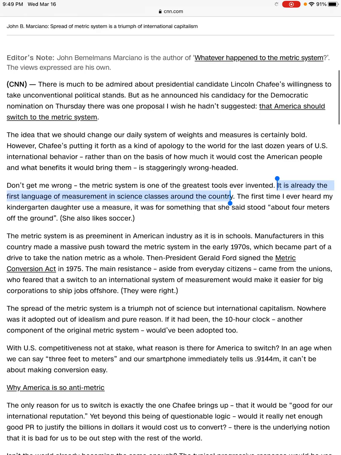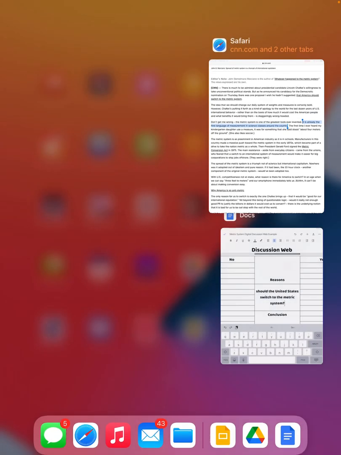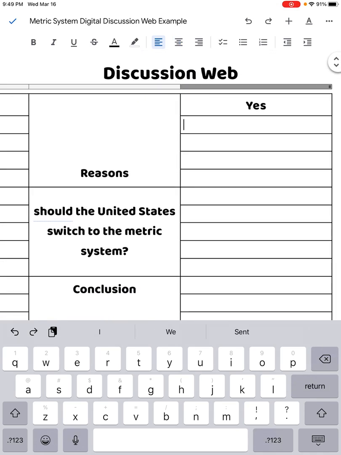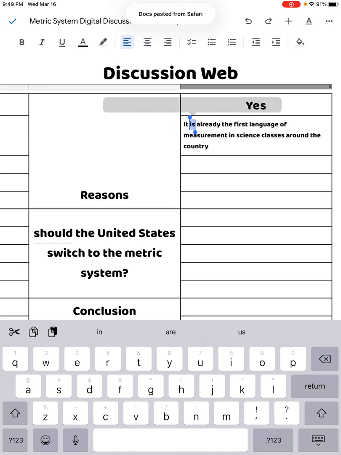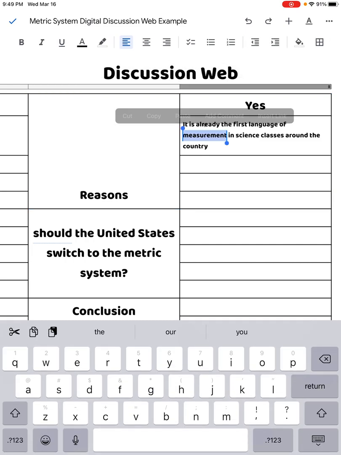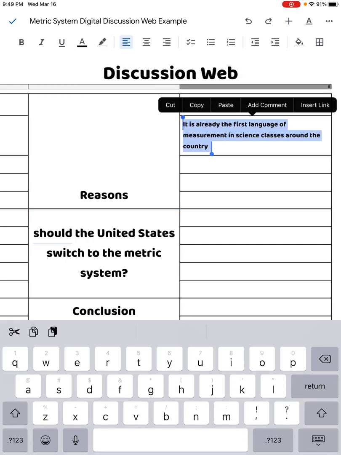Well, if I can get there, we go. I'm going to copy that. And I think that is a really good reason why people might say yes. So I'm going to go in here. I'm going to double tap into my yes side and I'm going to paste that. And I'm going to pick a color. And I'm going to say that everything that I pick out of this article is going to be